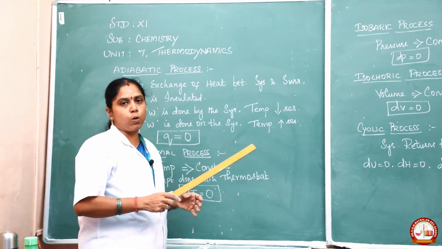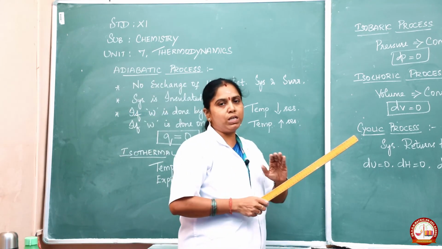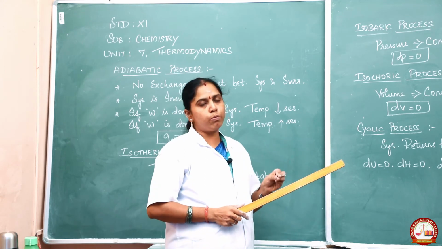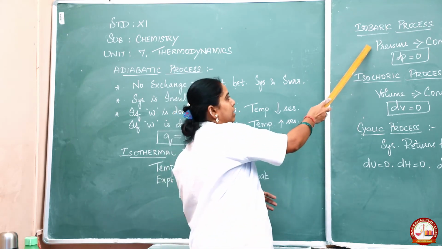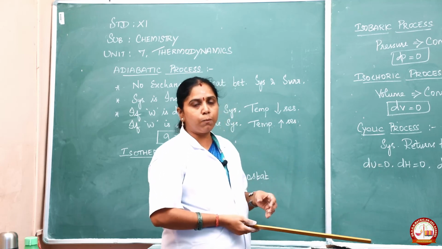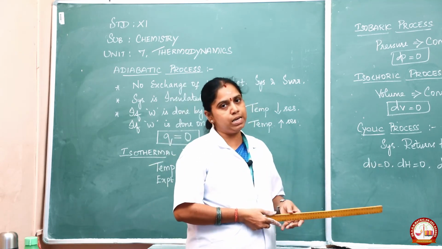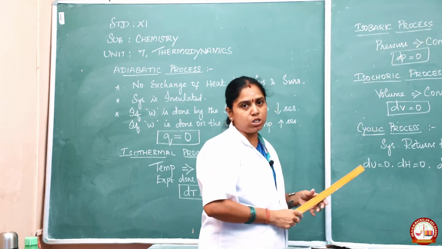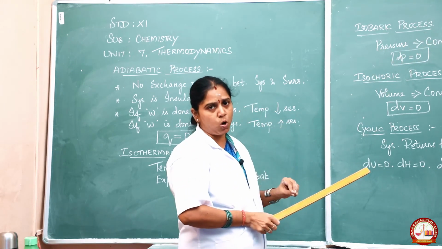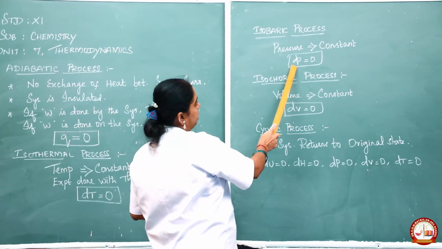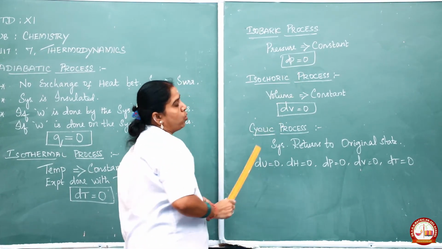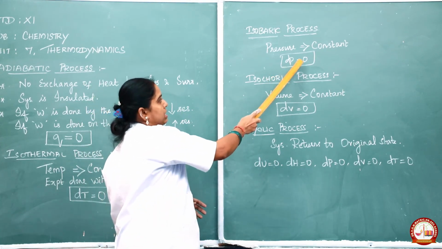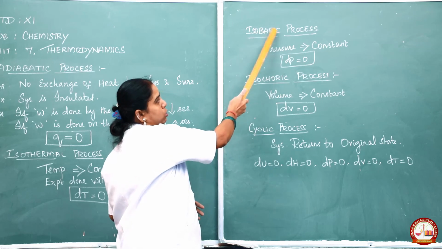So the condition for isothermal process is dT is equal to 0. Next one is the isobaric process. Baric represents pressure. As I told you, iso means constant. So here, if the thermodynamic process is carried out isobarically, the pressure of the system is kept constant. Keeping the pressure constant, we maintain the condition dP is equal to 0. D in the sense of change. So change in the pressure is maintained constant for isobaric